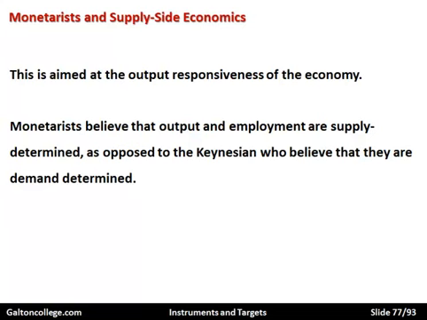The Keynesians believe that by adjusting the level of aggregate demand that we saw earlier in this session, they could regulate the amount that people bought, which would in turn determine the amount of employment. So demand determined the supply in the economy and the amount of employment. The monetarists are totally the opposite.